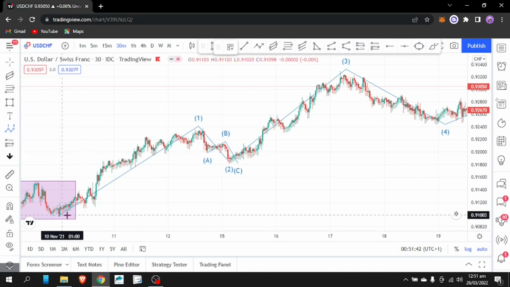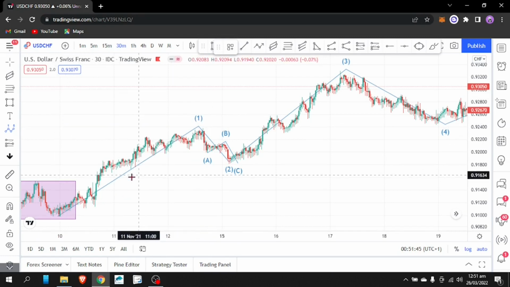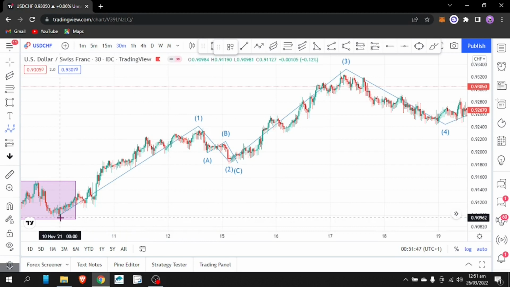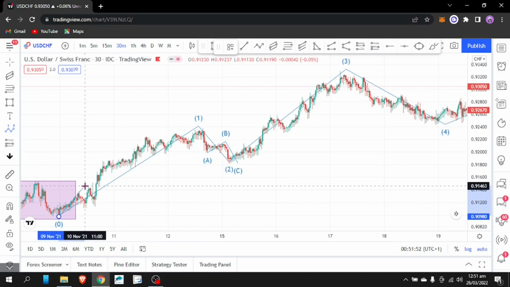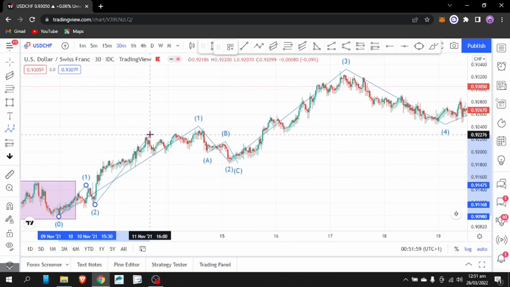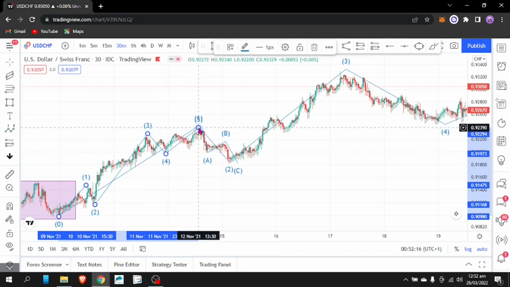from just this push from here to here, I'll find my first, second, third, fourth and fifth wave. Let's say from this point to this level is my first wave. I have my first pullback, which is our second wave. Then the third wave, which is our second impulsive push to the upside, which I also said is usually the longest, and you can see it's the longest, and then the fourth wave, and then fifth, and then it gave